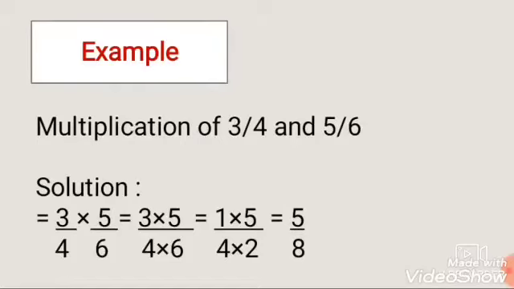So now I consider two rational numbers as 3 by 4 and 5 by 6. So now I am going to multiply these terms. So I get 3 into 5 divided by 4 into 6. So we know that 3 and 6, their common factor is 3. So let me cancel. 3 is cancelled as 1 and 6 is cancelled as 2. So we get 1 into 5 divided by 4 into 2. So the answer is 5 by 8. So it's proved that it is a closure property.